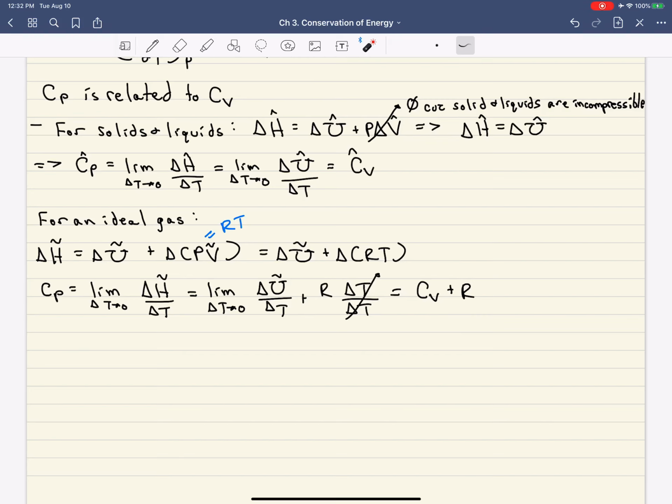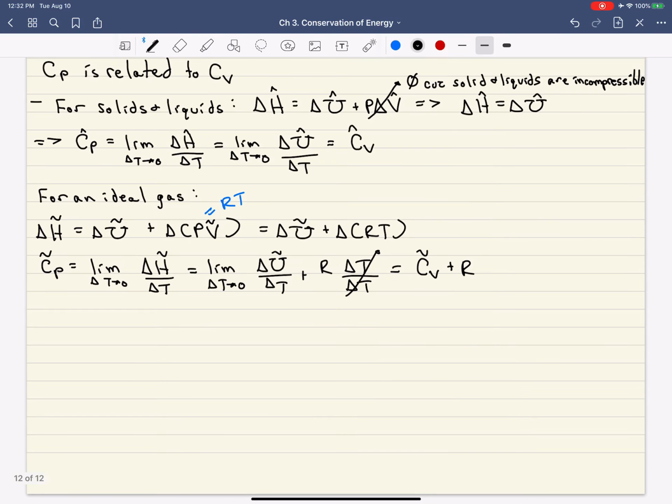Those are the important identities to know for heat capacities when you're dealing with solids and liquids or an ideal gas. The last thing I want to talk about is, what if you're dealing with a system in which the temperature is constant, so it's isothermal, and the pressure in the system is changing? So for solids and liquids,